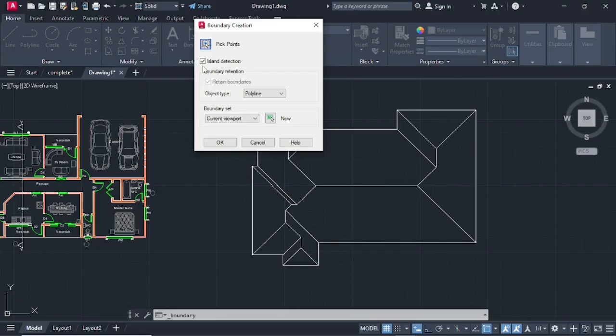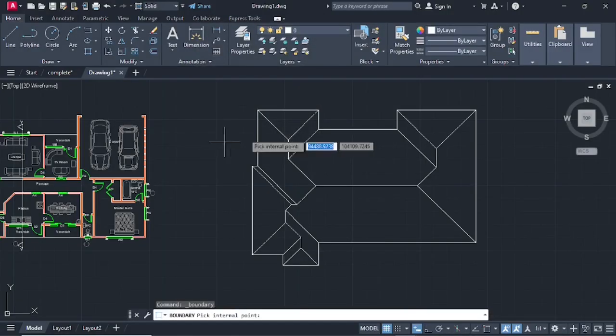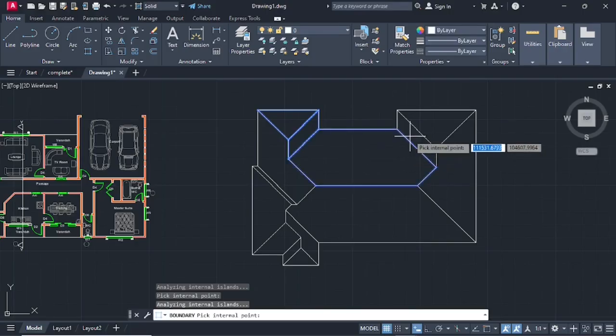You have checked that box like that. Then make sure the object type is a polyline. Then boundary set, make sure it's on current viewpoint. So after I've done that, go on okay, then select these faces like that,